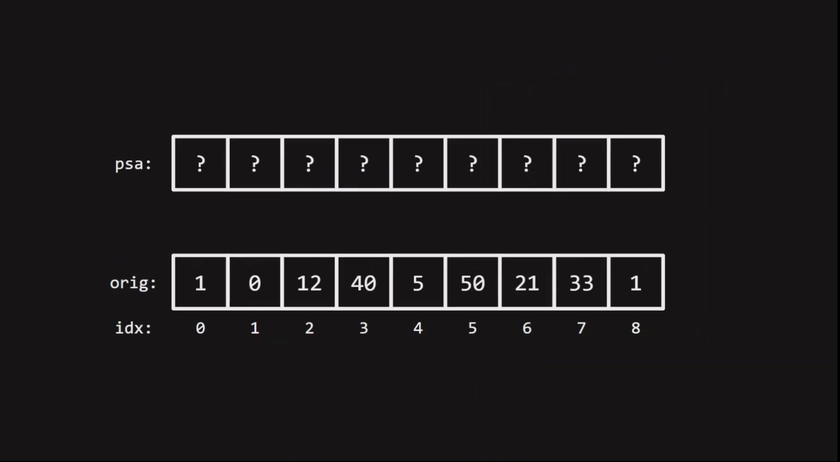Alongside our original array, let's create a new array, our prefix sum array. An element in a prefix sum array at position P will have the sum of all elements before and including the element at position P in the original array. So for example, an element at index 3 would have the value of 53, which is 1 plus 0 plus